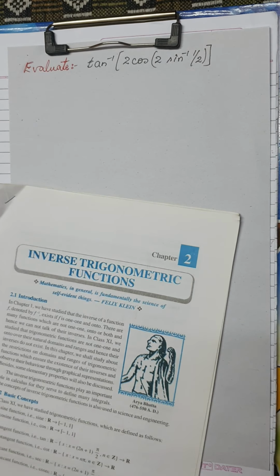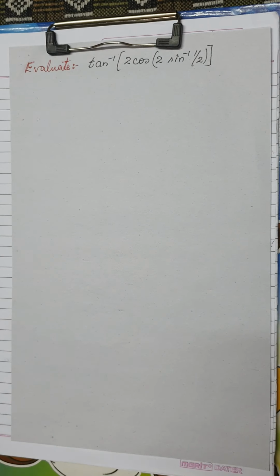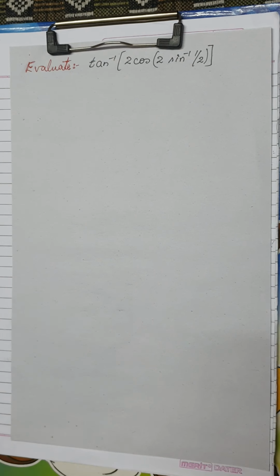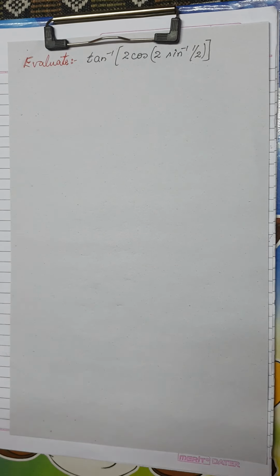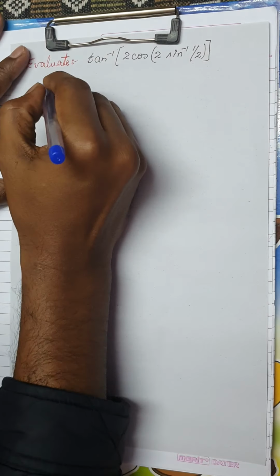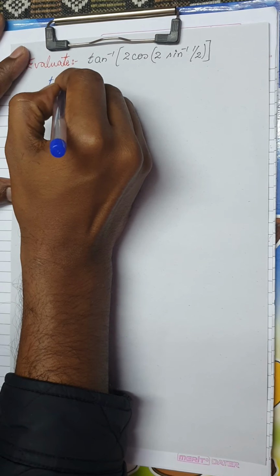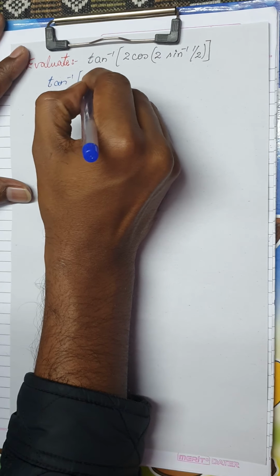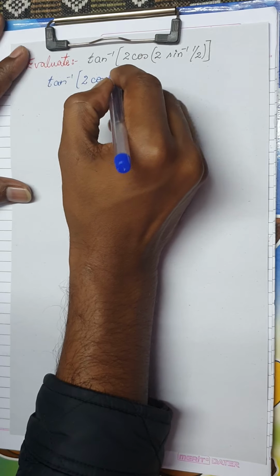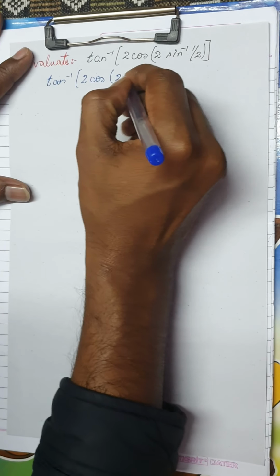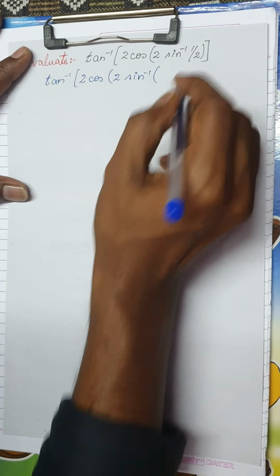Today we are going to start with this question. Evaluate tan inverse of 2 times cos of 2 sin inverse of half. This is the exercise question in your textbook, exercise 2.2. Shall we solve it? We shall solve this question from the inside and keep the outside terms as it is. So I have tan inverse of 2 times cos of 2 times sin inverse of,